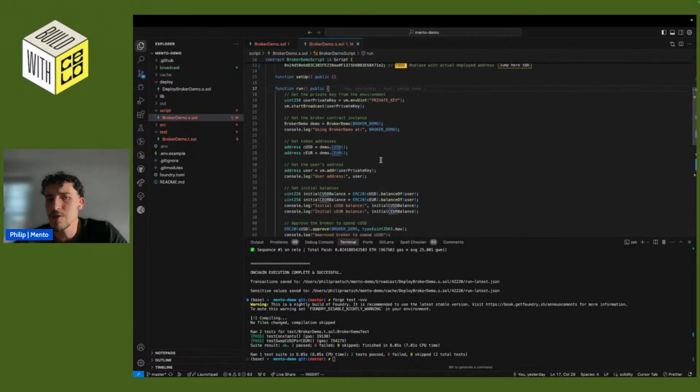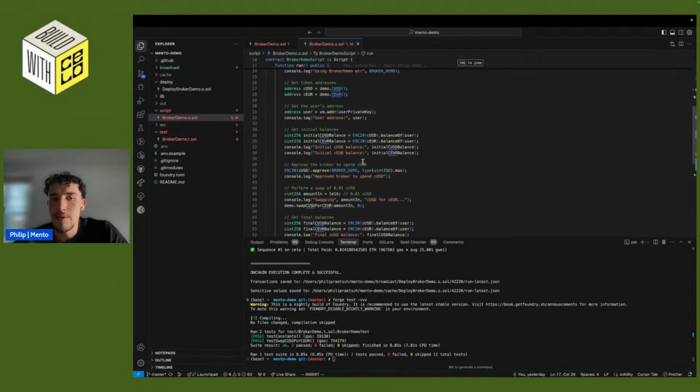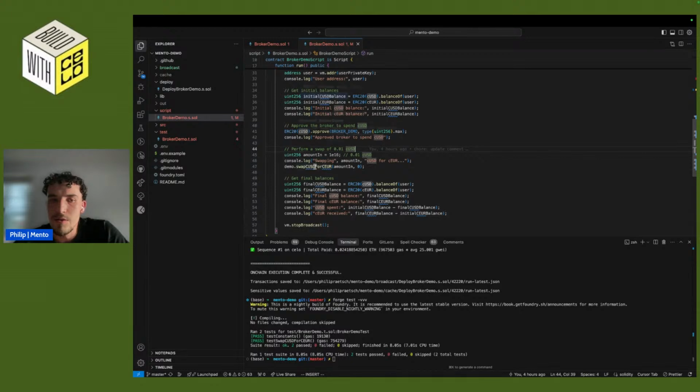Essentially what the script does is it approves the demo contract to spend the CUSD on our behalf, so on behalf of the trader account. It wants to swap 0.01 CUSD, and then it swaps them right here. So let's run the script, and then we should do an on-chain swap from CUSD to €.